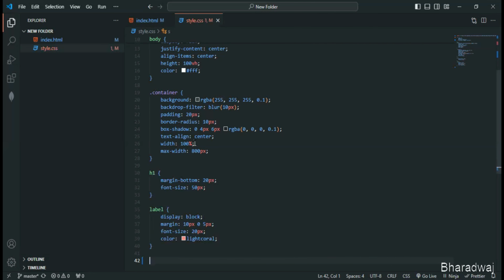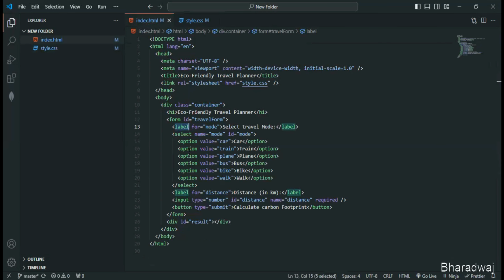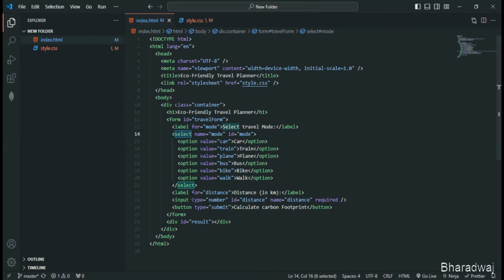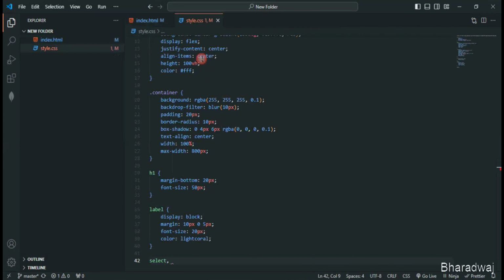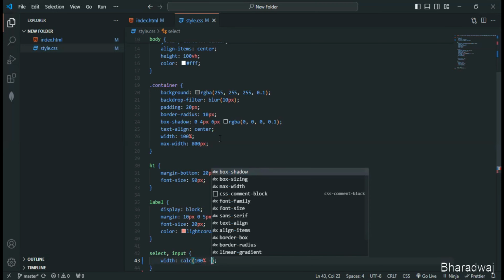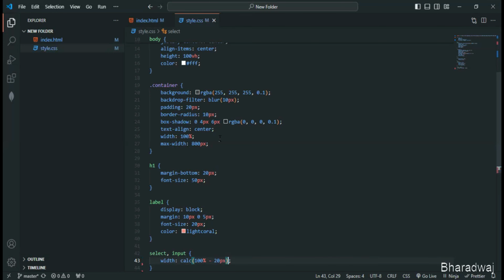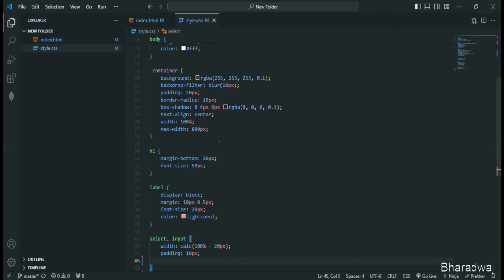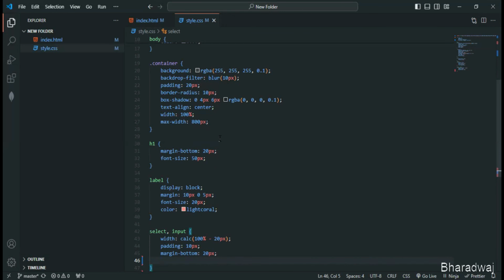Next, let's style for the select as well as the input. I'll just come here. Give me a second. Select, let me copy this one, paste it over here. Select as well as the input, right? Let me come here, input this one, and I'll just copy this one and paste it over here. So width, let me give 100% minus 20 pixel. Also, padding of 10 pixel, margin bottom of 20 pixel,